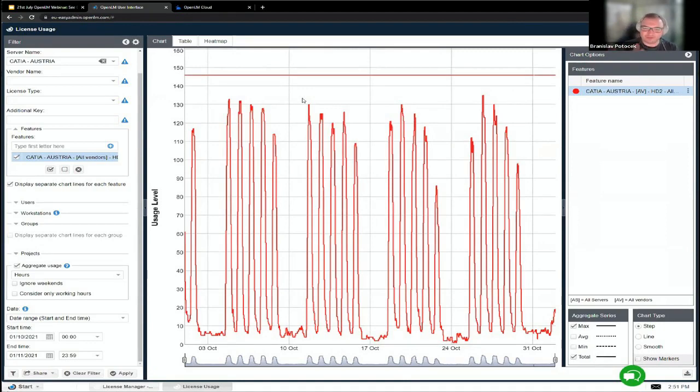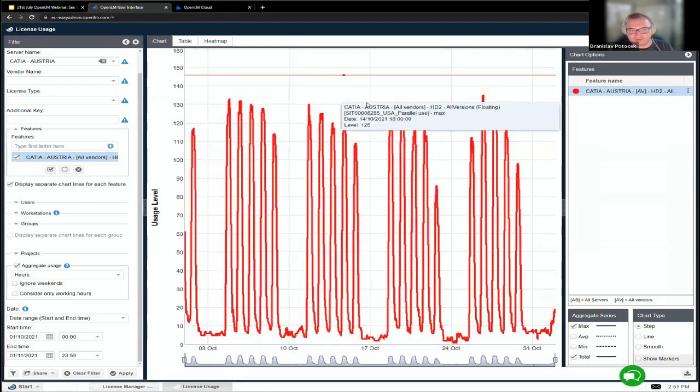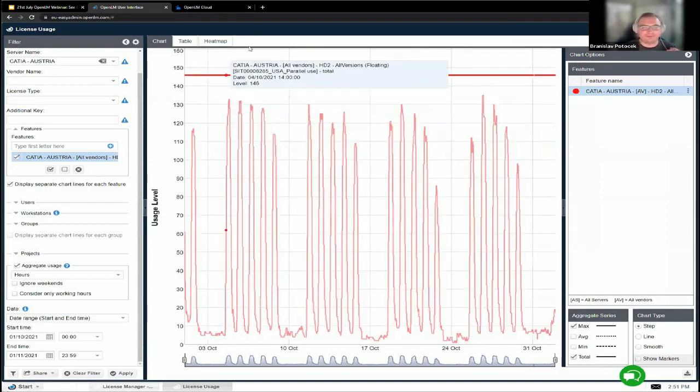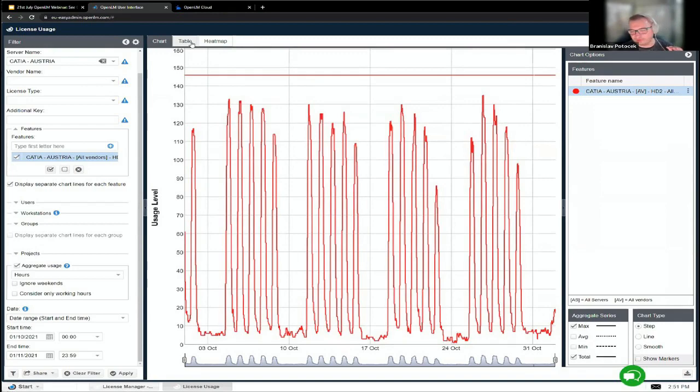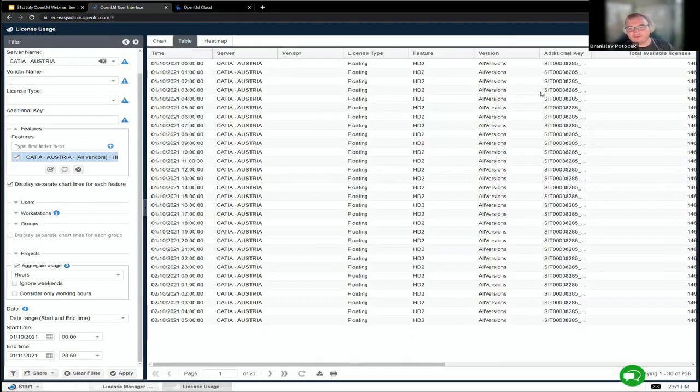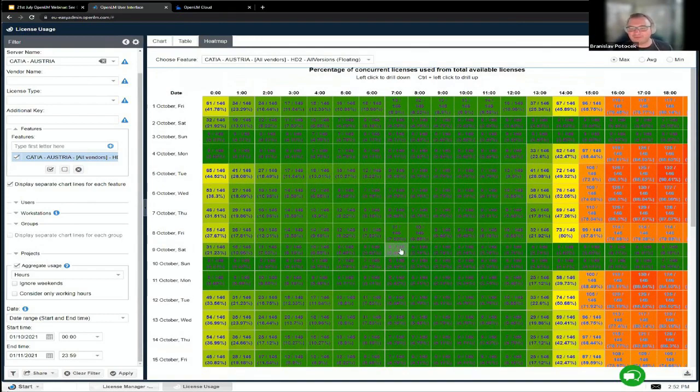But especially in the case of this graph, if I wanted to go ahead and maybe try to reduce some licenses, I would be able to do that. And I can already see this from the simple graph. And we will show some other examples. But before I do that, I also want to show you that we show this report as a table, if you want to see it as a table, and as a heat map, which is something that the management is